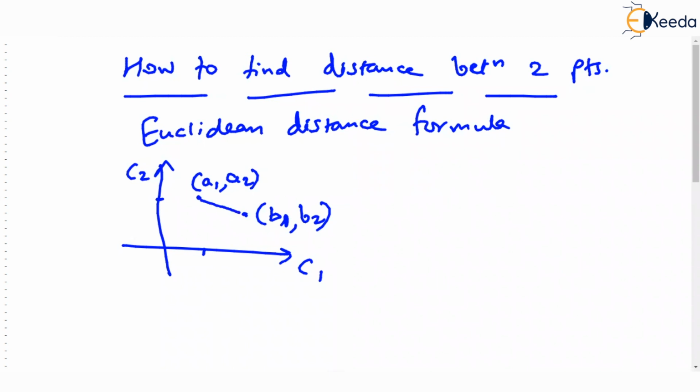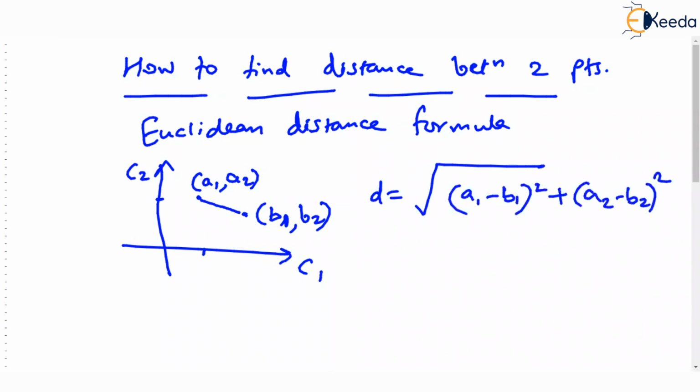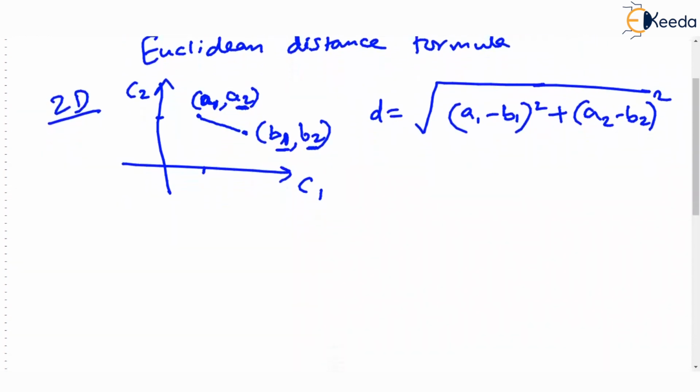So we saw a formula which was distance D is given as square root of (A1 minus B1) the whole square plus (A2 minus B2) the whole square. Simple Euclidean formula which comes from Euclidean geometry. Correct? The first component A1 minus B1, squared, added with the second component A2 minus B2 squared, and the whole square root, right? But this was for 2D, 2 dimensions, because we had only 2 axes. Correct? What if we have n dimensions?